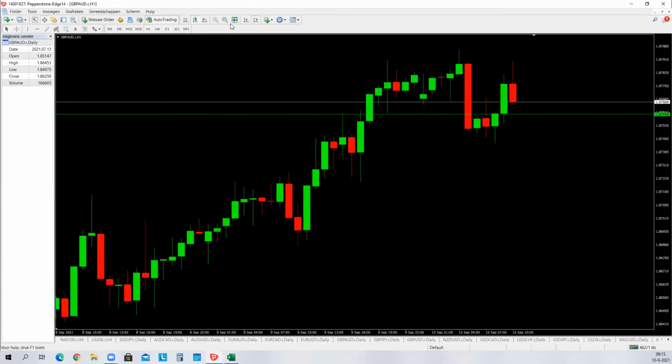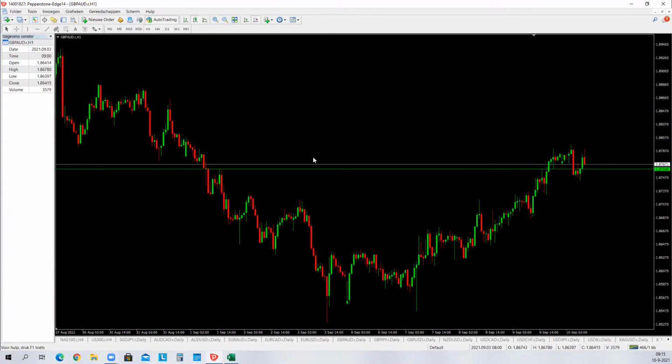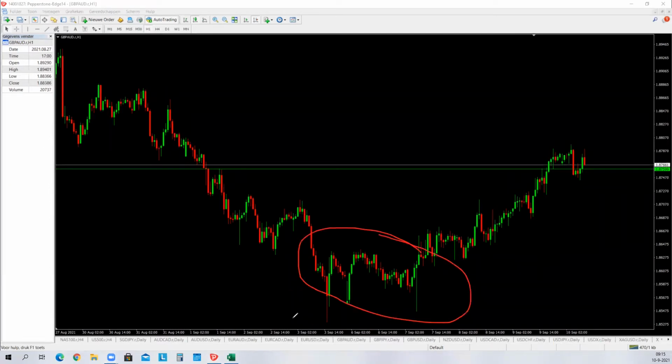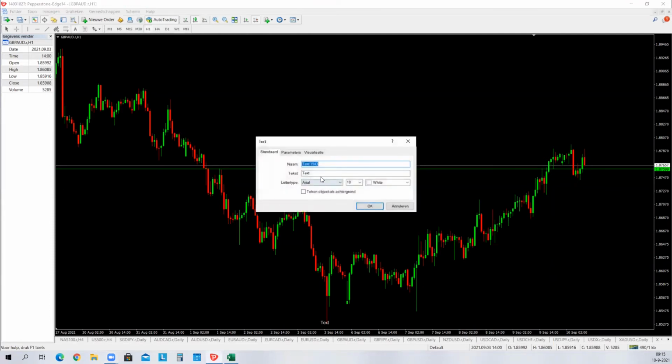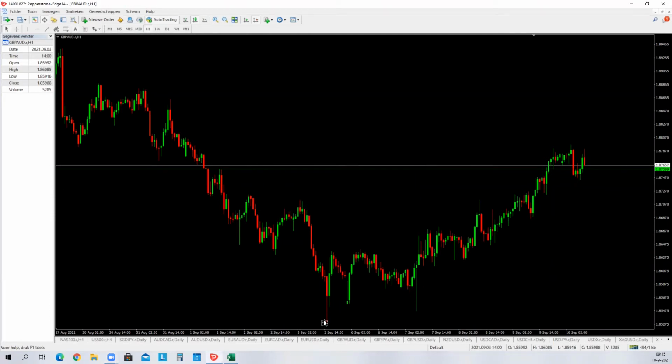Now, if we go to the hourly time frame, this area is what we're talking about. So here we had the rejection, which is also the selling climax in Wyckoff. For people that follow me, know that I trade the Wyckoff method. So you've got your selling climax. Then you've got your test at that area. And then we've got a clear